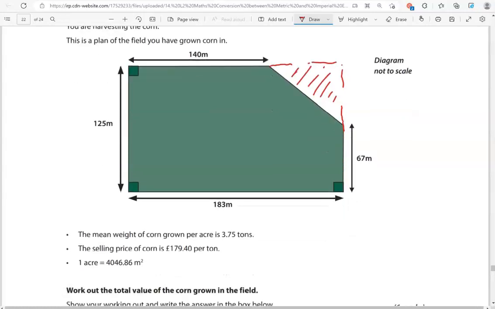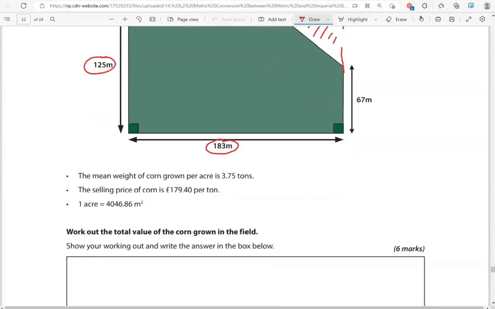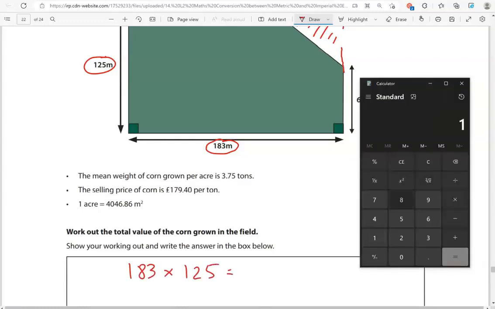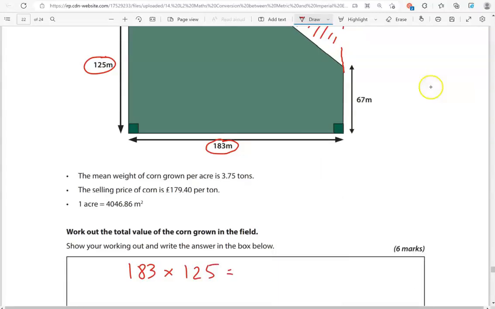So to work out the area of the whole rectangle, I'm going to do length times width. So that is 183 times 125, which is 22,875